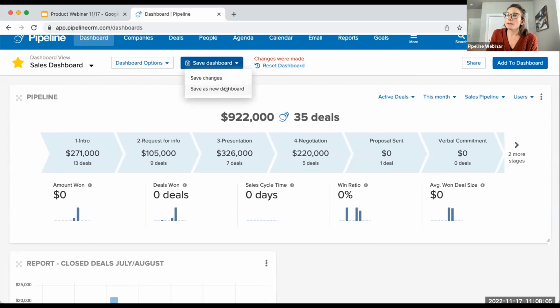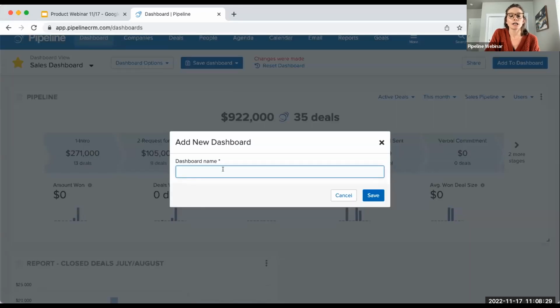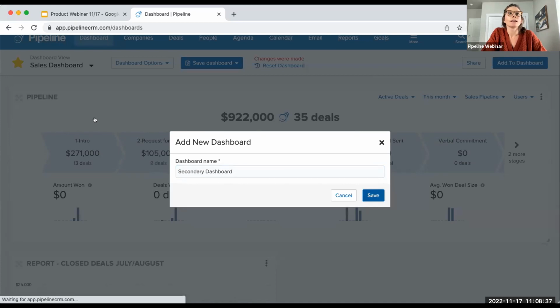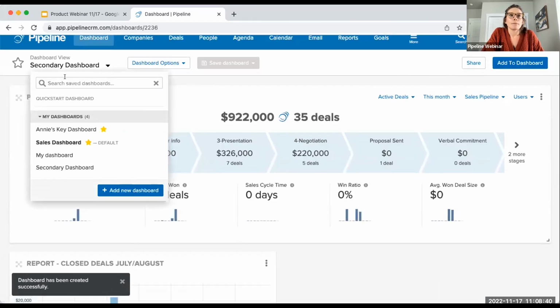So that is the other big change, is that we have now allowed users to create multiple dashboards. And Kimberly's going to walk us through why you might want to create multiple dashboards and what that will look like. But this will be super helpful for users to be able to segment out different data sets and curate those multiple dashboards. So when you save a new dashboard, you just give it a name and we'll say secondary dashboard and click save. So all of your dashboards live in this drop down here,